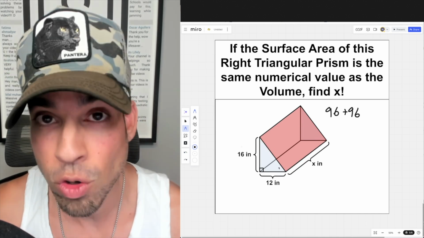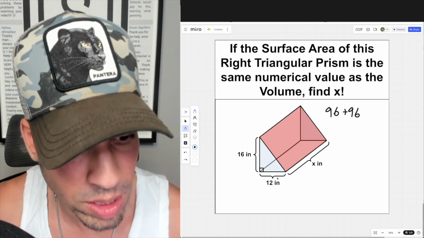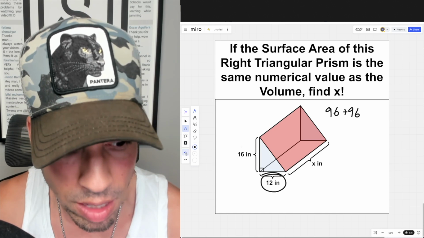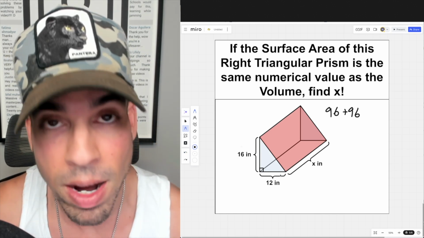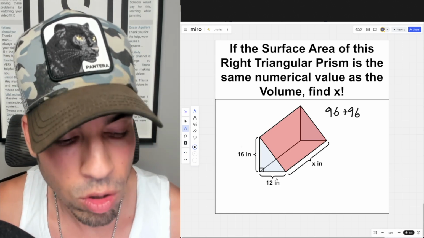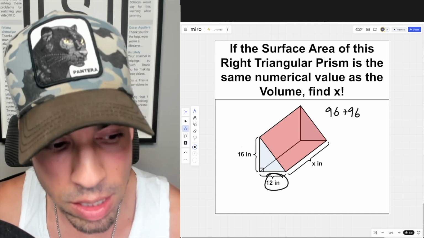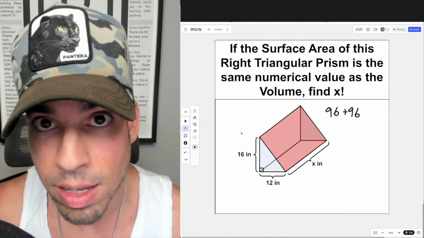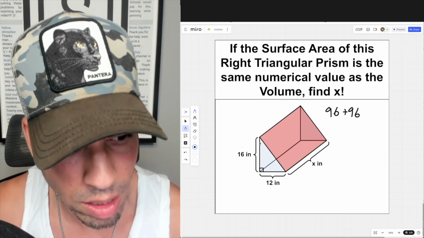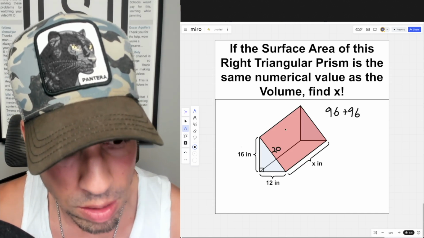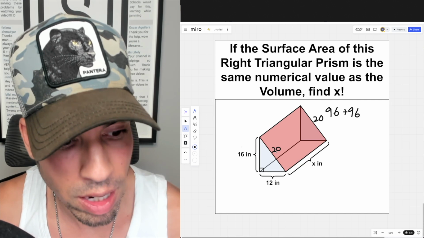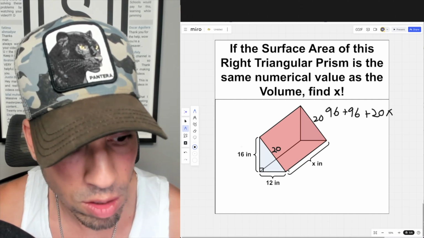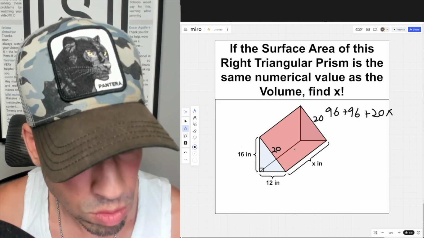Well, this is a right triangle. We can use Pythagoras' theorem: a squared plus b squared is equal to c squared, and we can solve it that way. But by the way, this is a 3, 4, 5 right triangle. So this side is 3 times something, this side is 4 times something, and this side is 5 times something. If you identify that as a 3, 4, 5 right triangle, you can quickly say this diagonal has a length of 20. So now we can say this red rectangle is 20x,